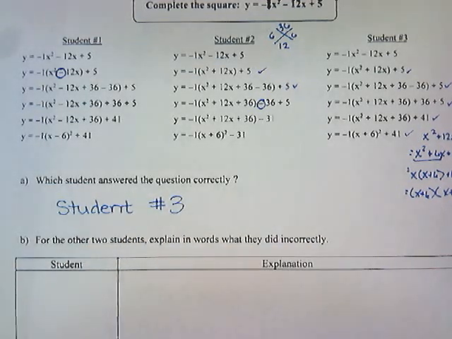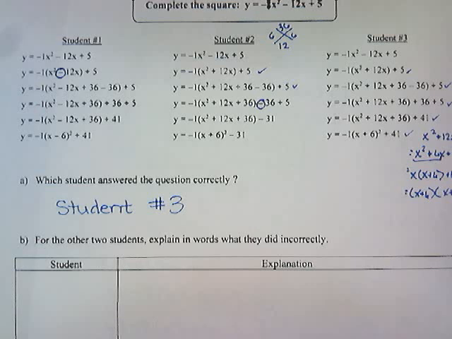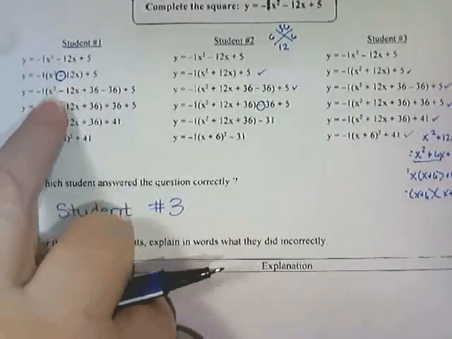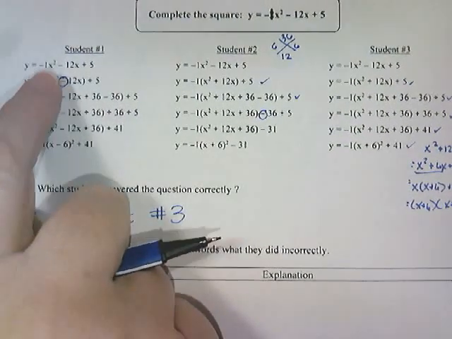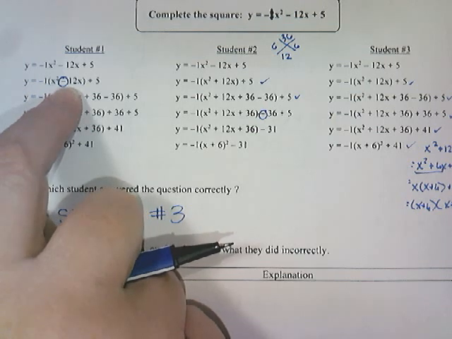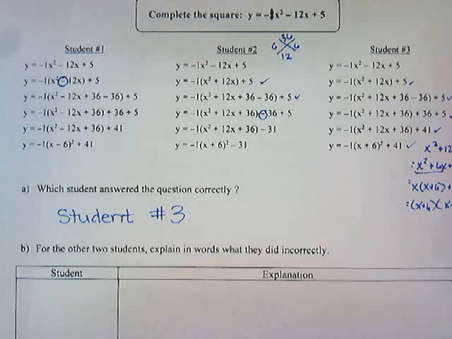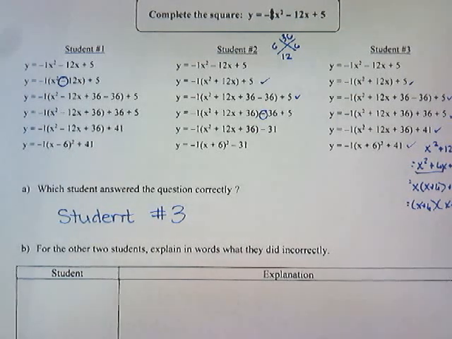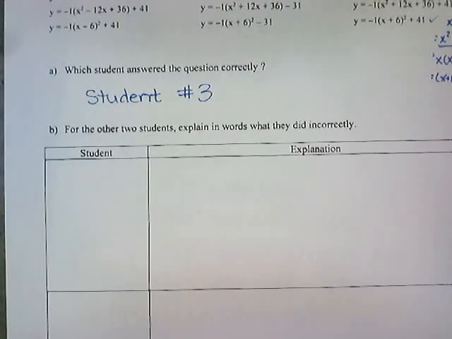And then it says, for the other 2 students, explain in words what they did incorrectly. So let's start with student number 1. So student number 1, I circled their problem was when they divided out the -1, they messed up the sign here, right? So they maybe just divided by 1, or maybe they didn't divide at all. So I'm going to say